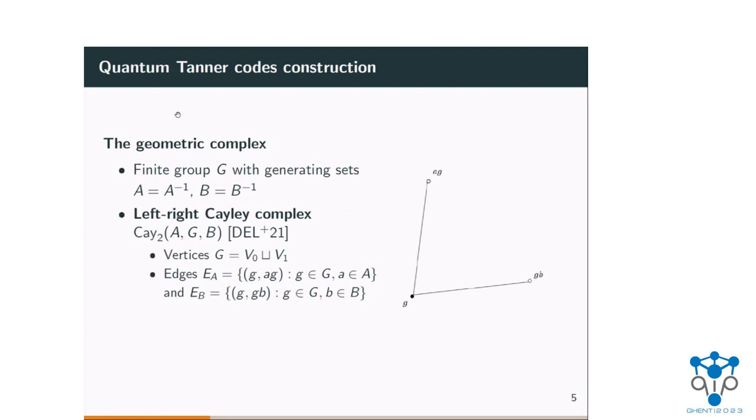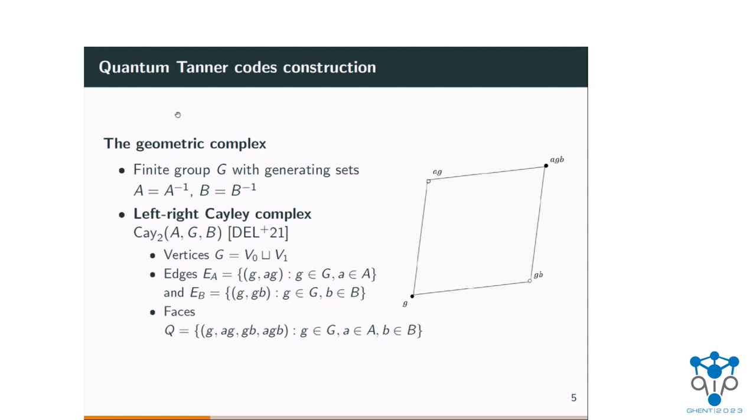And also here we assume that the vertices can be split into two sets, so this is a bipartite graph, but this is not really that much of an assumption, because if it's not the case, we can always take the double cover of this complex, and then it will be bipartite. Okay, but because the left multiplication and right multiplication commute with each other, we can also write down a fourth vertex, which is given by AGB, and this will complete